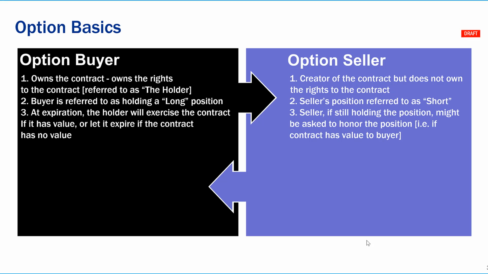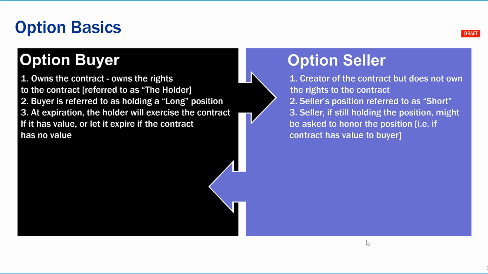Depending on where the price of the stock goes, the contract could be exercised or not, but that's more on the buyer's side, meaning that they own the contract and they can elect to exercise it. And evidently, they would not exercise it prior to the contract being in the money, as explained earlier. Some of the basics behind the contracts: the buyer owns the rights to the contract, and they are referred to as a holder,